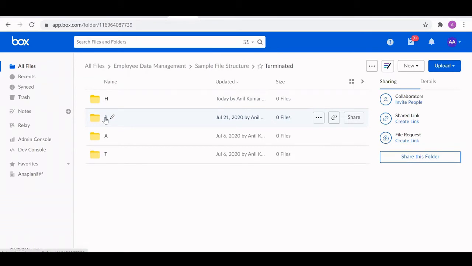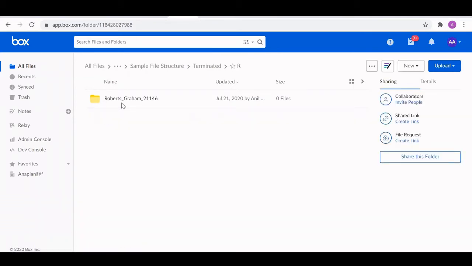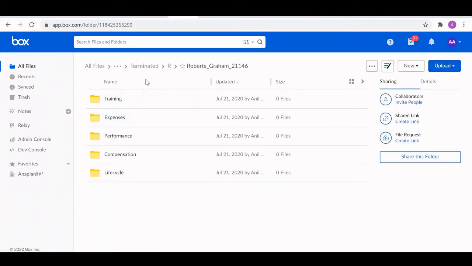So clicking on an example employee that has been terminated, Sam Roberts, employee ID 21146. Previously, this folder information was in the hired or the active location, and now they're in the terminated location. So all of their folder information is moved from active to terminated. So you still have that history there